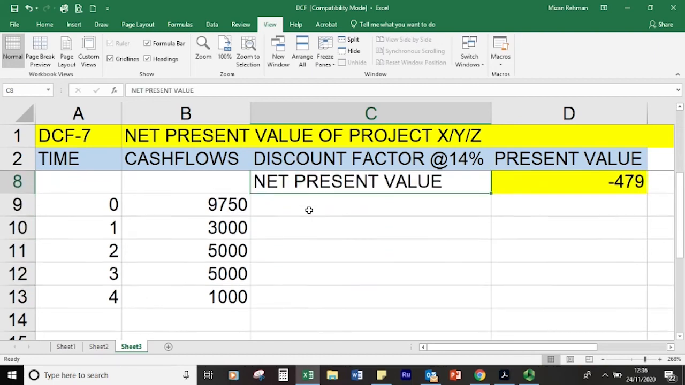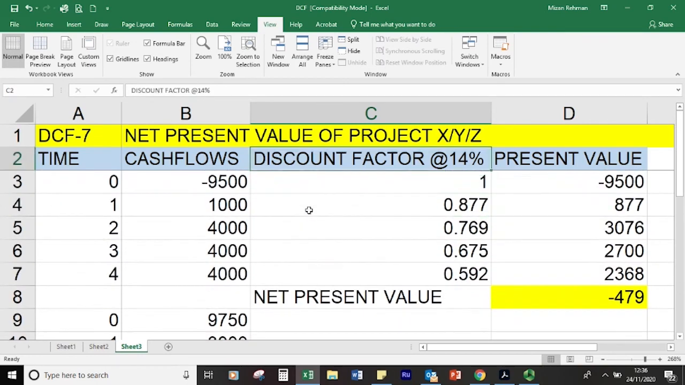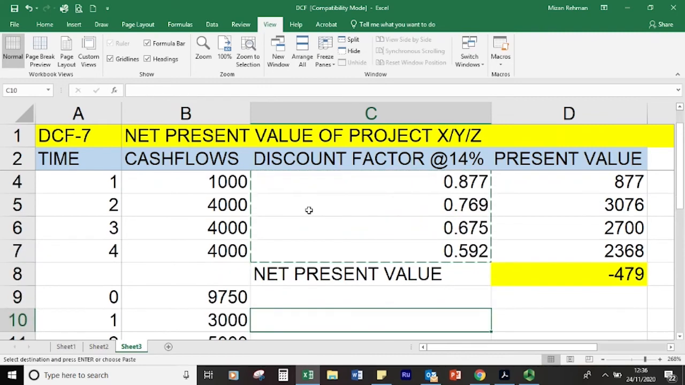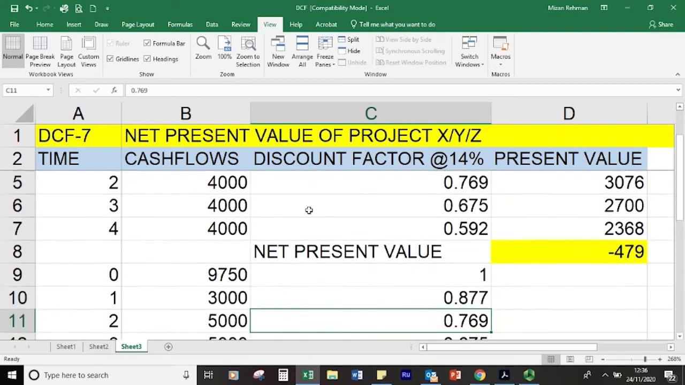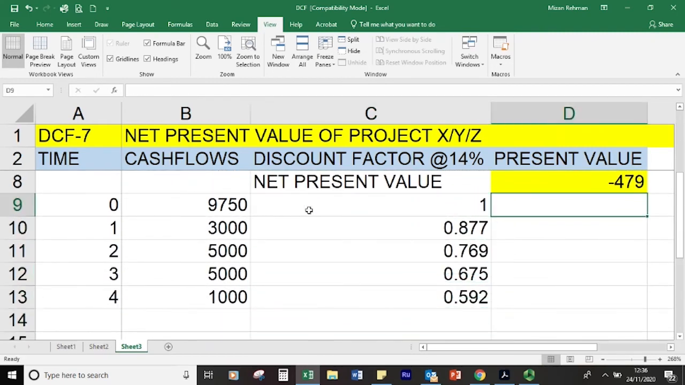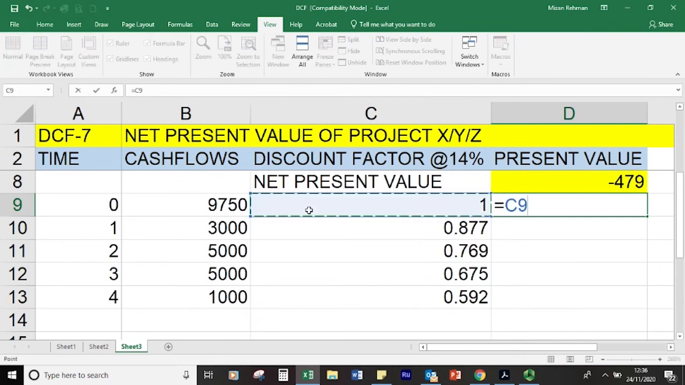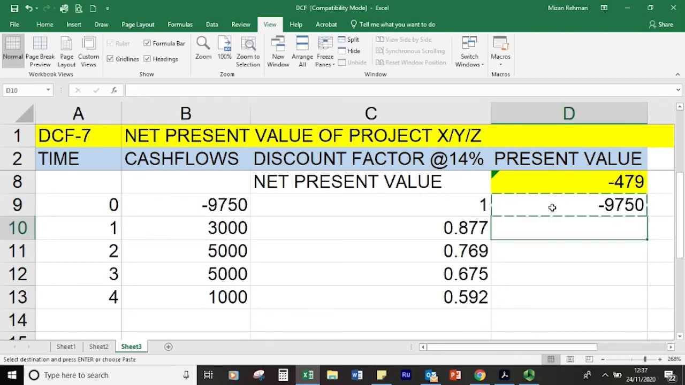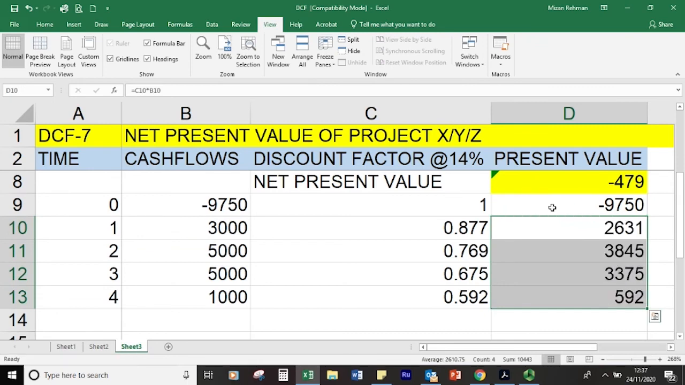Same discount factor, so let's just save us some time. Simply copy, Control C and paste. Because the same cost of capital. Again, multiplying our discount factor with our cash flows. One thing I forgot, this should be negative, so let's put a negative there. And now copy the formula there, do the present value,